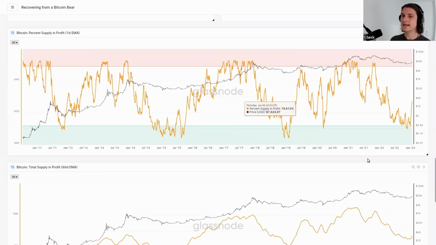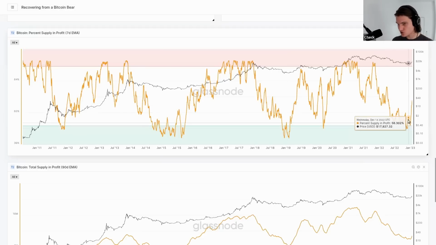The reason why is that this is telling us how much supply was capitulated by person A and thus equal and opposite acquired by person B. What we're seeing here is how much supply is in the foundation below us. These sharp moves off the bottom are telling you about that foundation, right? Because all you need is price to be 1 cent above that acquisition price, and you've now got a coin that's back into a profit. So that tells you a bit about the foundation that's below us.